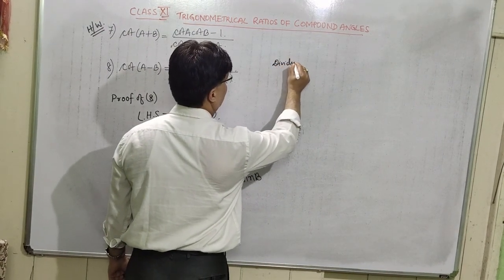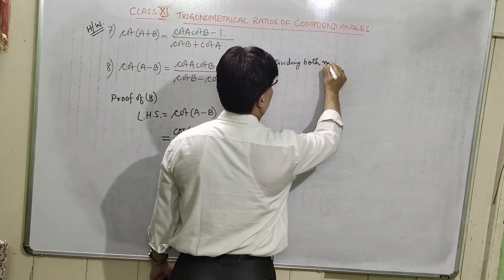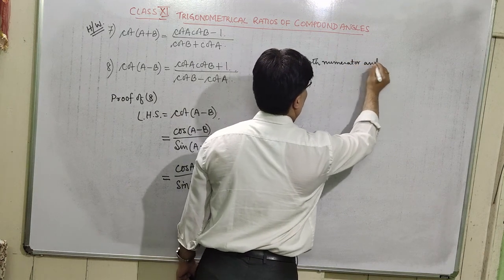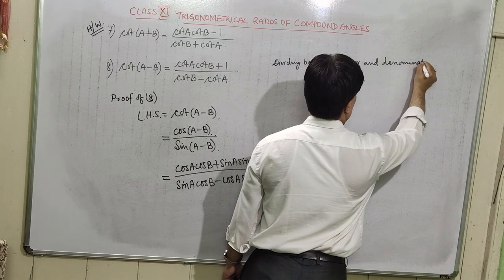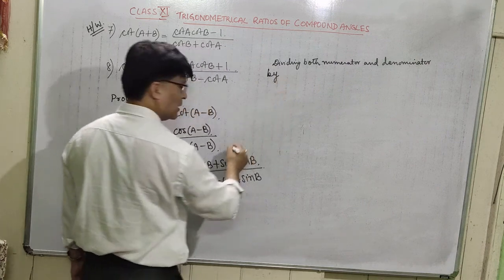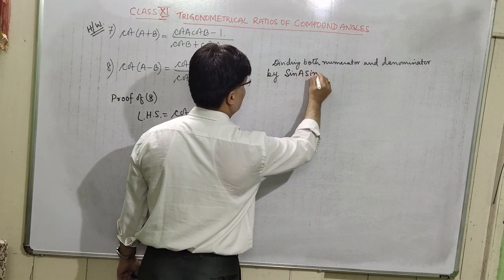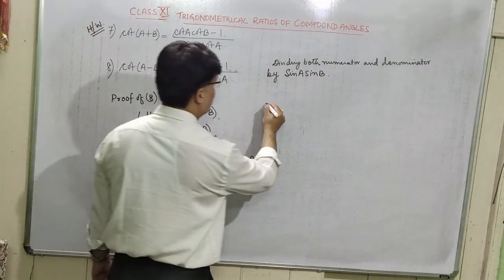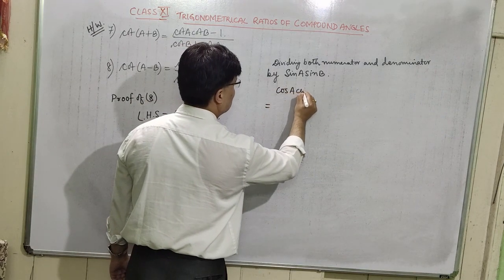dividing both numerator and denominator by sin A sin B. Is that clear now? So which is equal to, now in the numerator we can write, this is cos A